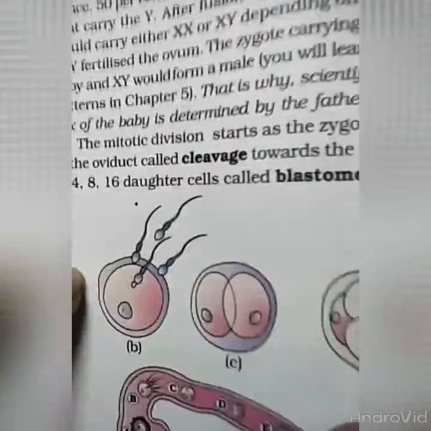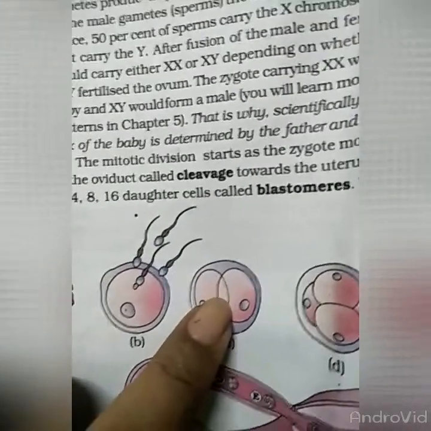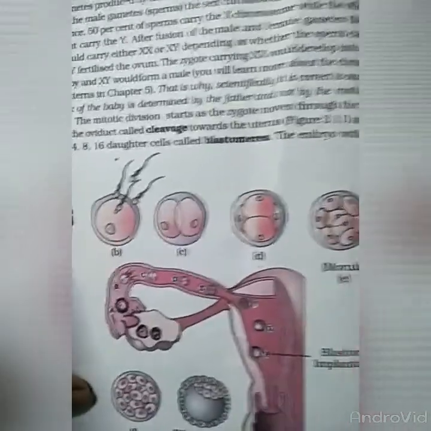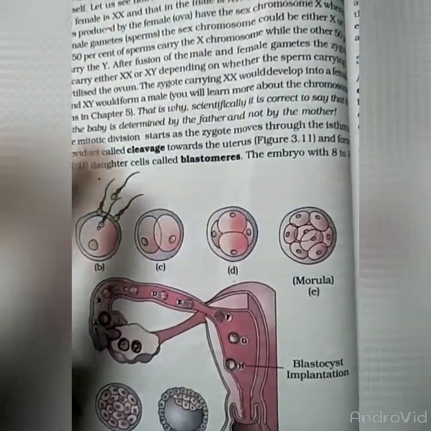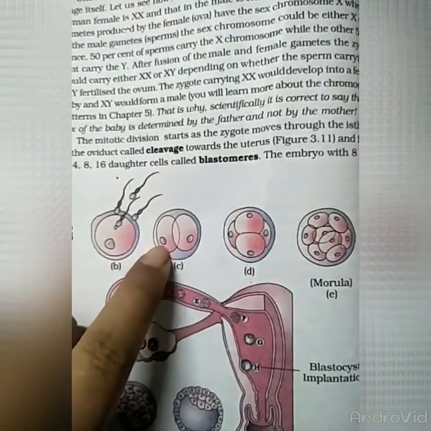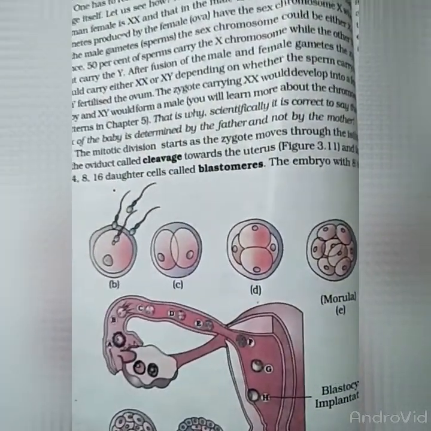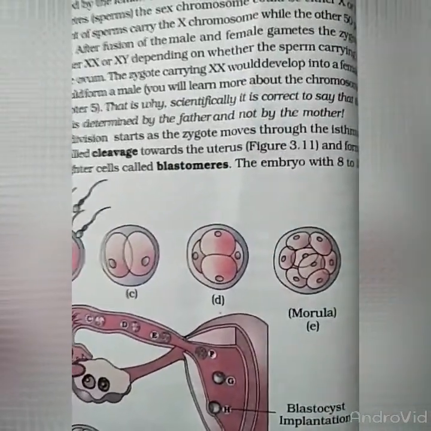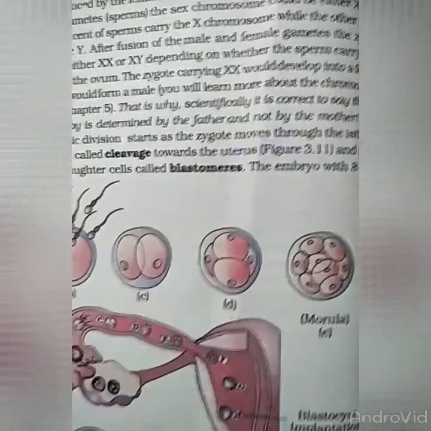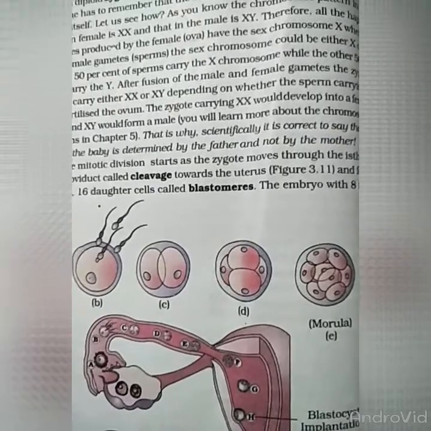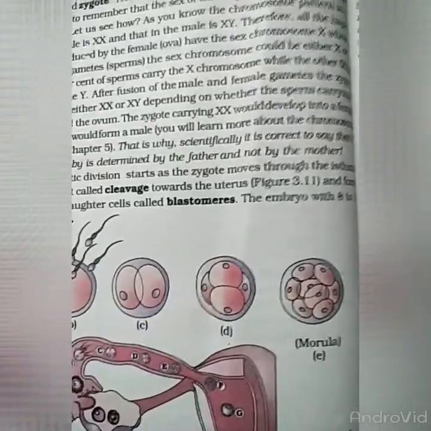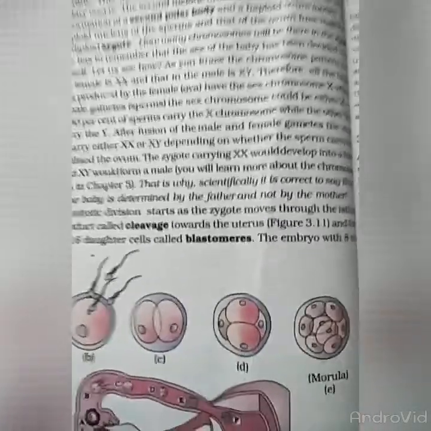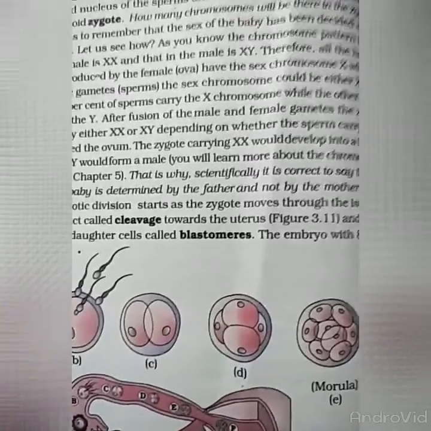So a one-cell zygote forms, then the zygote divides by mitosis into two cells, and again into four cells. After that, the cells continue dividing to eight and so on. The first cell-ball stage is called the morula, then comes the blastula, then the gastrula, then embryogenesis, and then formation of the organism. Embryogenesis means different organs start forming, and then the complete organism forms.